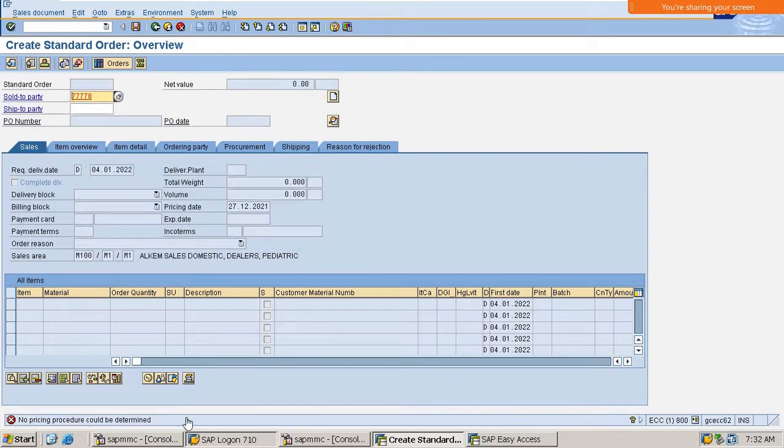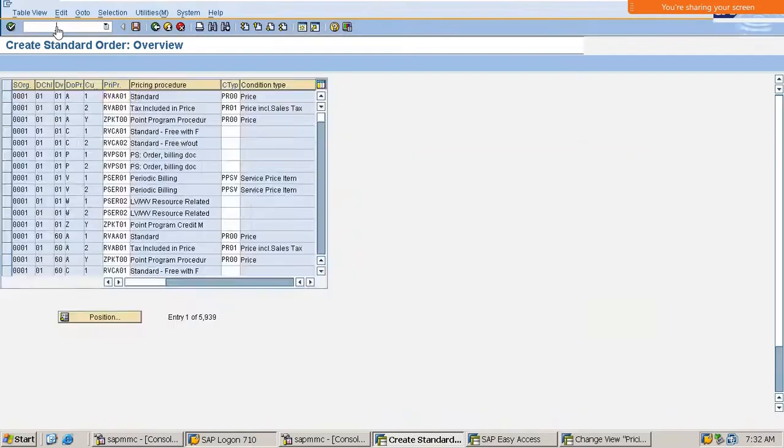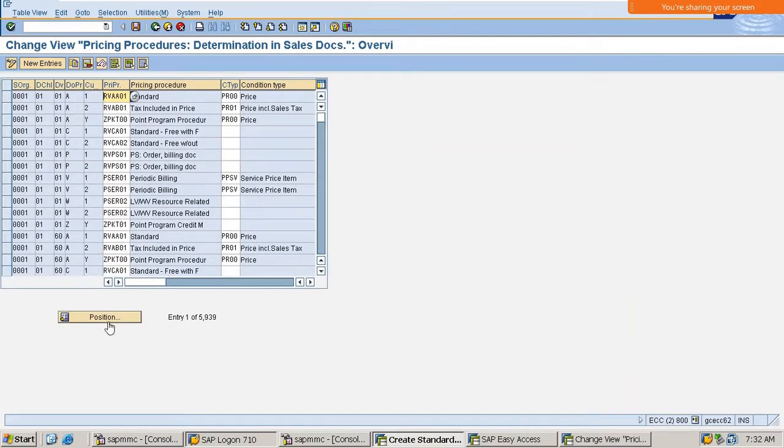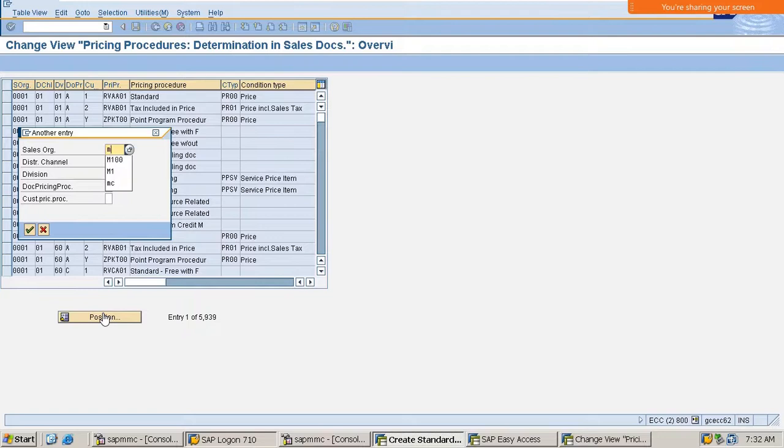No pricing procedure could be determined. So while you are getting this error, I'm also getting the same error, but yeah, it's continuing. If you are getting this error, then you have to go to the transaction OVKK. Here, what is our sales organization? M100. Distribution channel is M1. Division is M1. Document pricing procedure is,